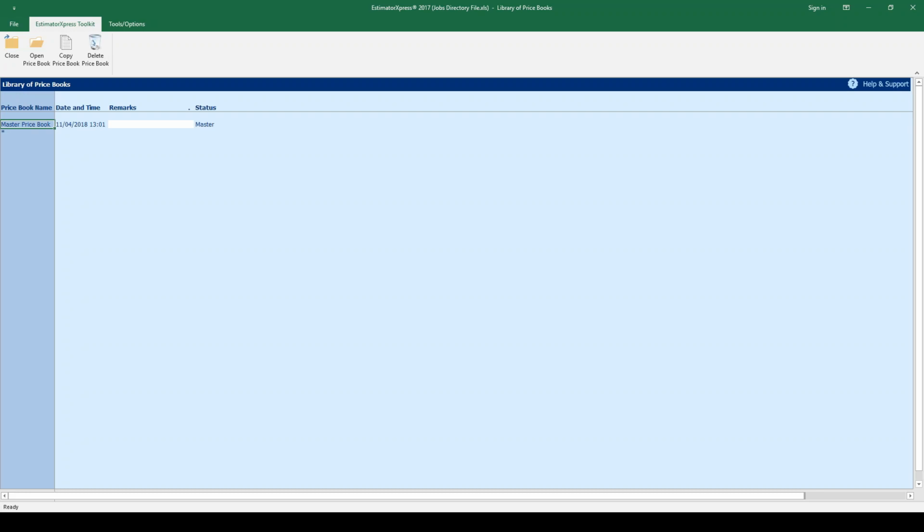Before we open up the master price book, just a quick note on different ways of opening up items and selecting items in EstimatorXpress. There are 3 ways to open up items in EstimatorXpress. So in this case, we're opening up a price book, but it's the same principle when you're opening up a specification or a workbook. You can double click on an item, so I could double click on master price book here,